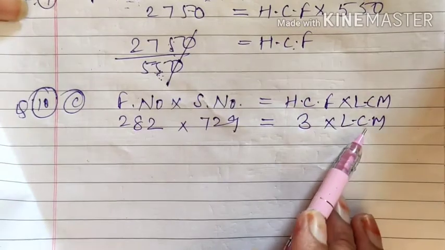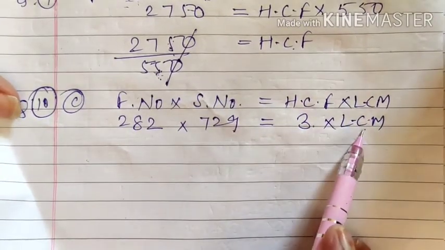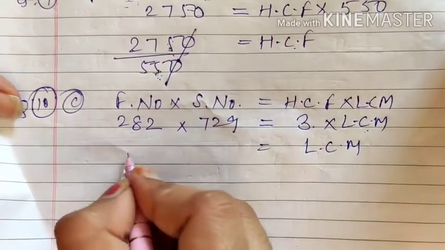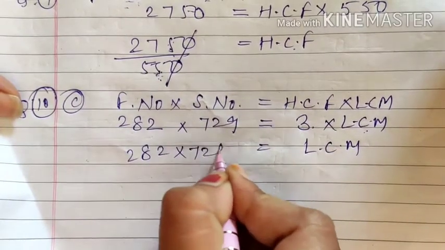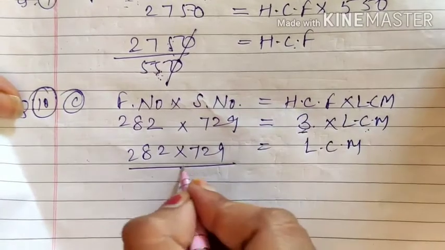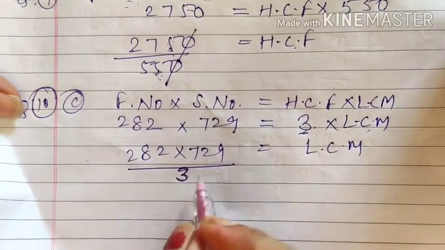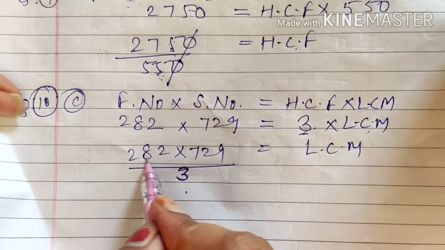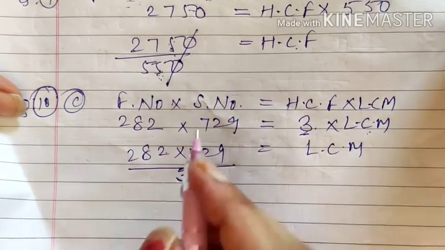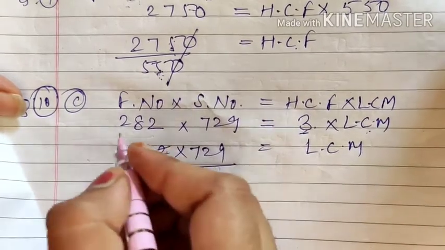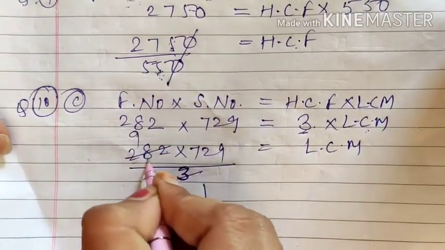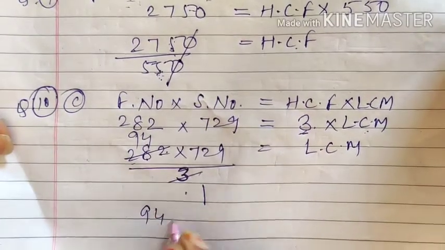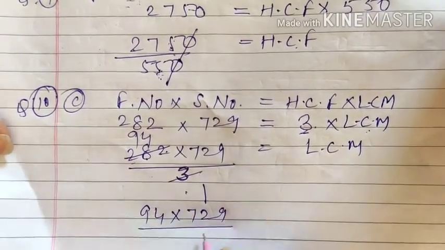Again we have 4 things. Out of 4, 3 are given and 1 you have to find out. If you have to find out LCM, then bring this 3 here. When you bring this 3 here, then you have to divide by 3. Now you see 3 is divisible by 3 and out of this 4 and 8, 12. 12 is divisible by 3. So 3 ones are 3 and here you see 9 times 27, then 12. 12 means 4 times. So now what do you have? 94 into 729 divided by 1.